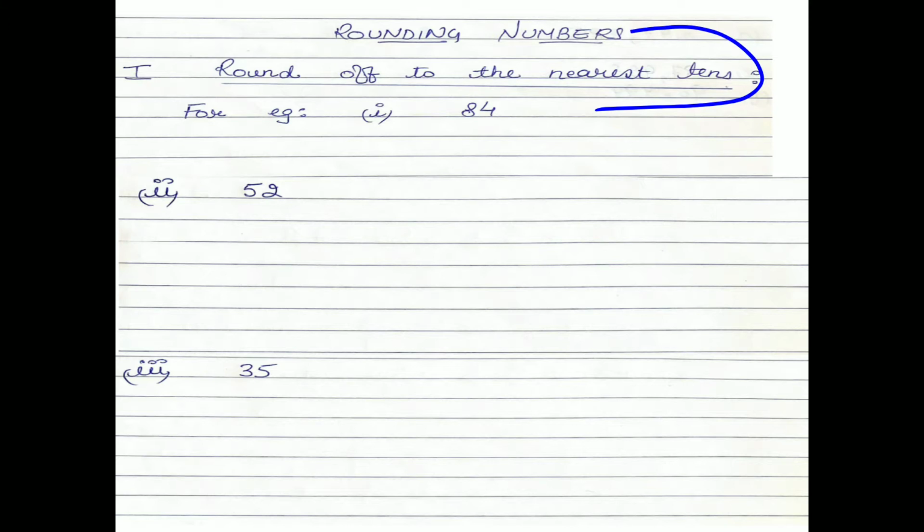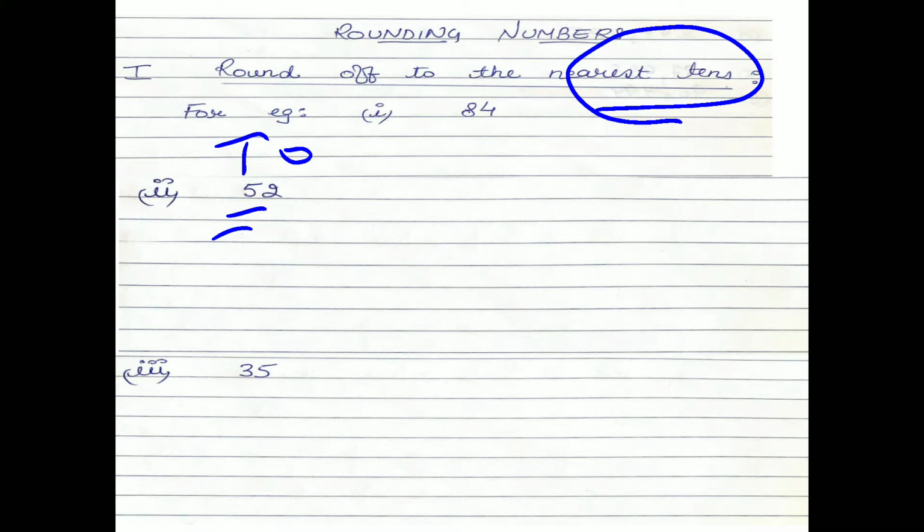To the nearest tens, firstly understand the thing from the question only. Nearest tens means you have to round off the tens place. So you have to first write ones and tens on the number, as I have written. 52 is written. Nearest tens means you have to round off the tens place, and for the tens place you have to see its ones place, meaning the number just before the tens place, that is 2.